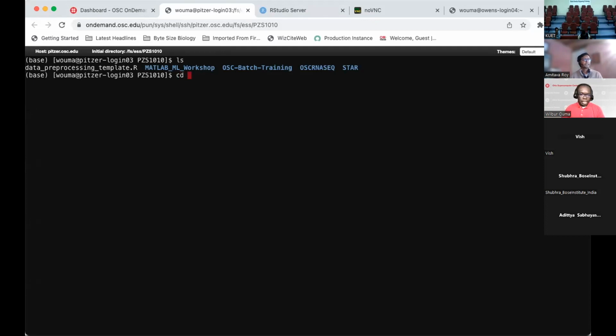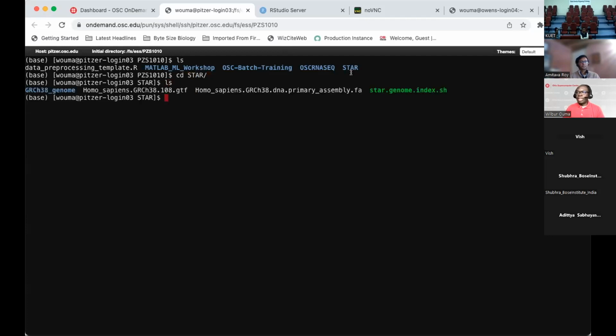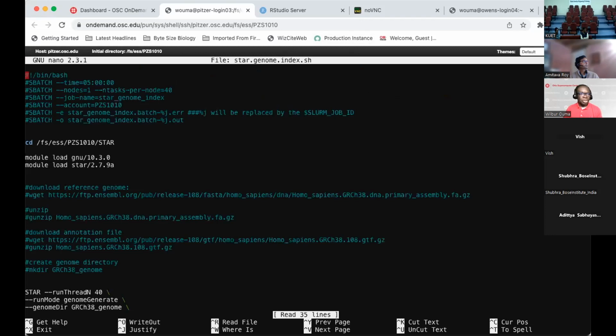To do that, I already created a folder in my project storage called star, because I'm going to use that aligner called STAR. So I'll go to star, and then I created this text file, which is my batch script file. If you've been using Linux, you can open it with your text editor of choice, Vim or Nano, or whichever text editor you're comfortable with,